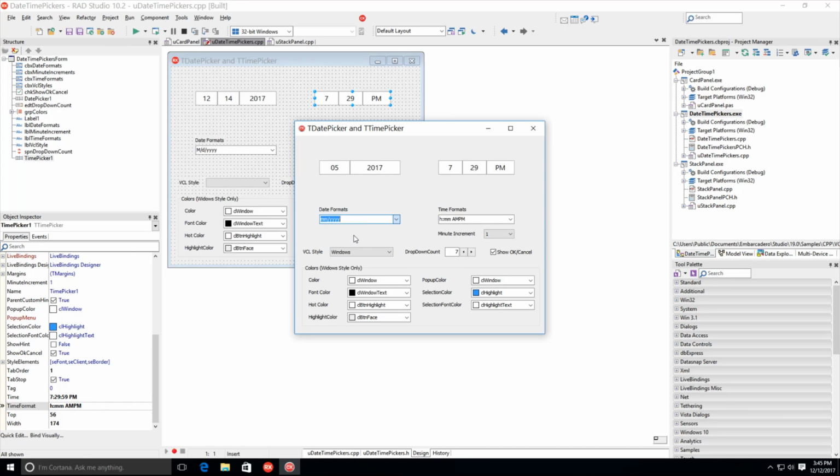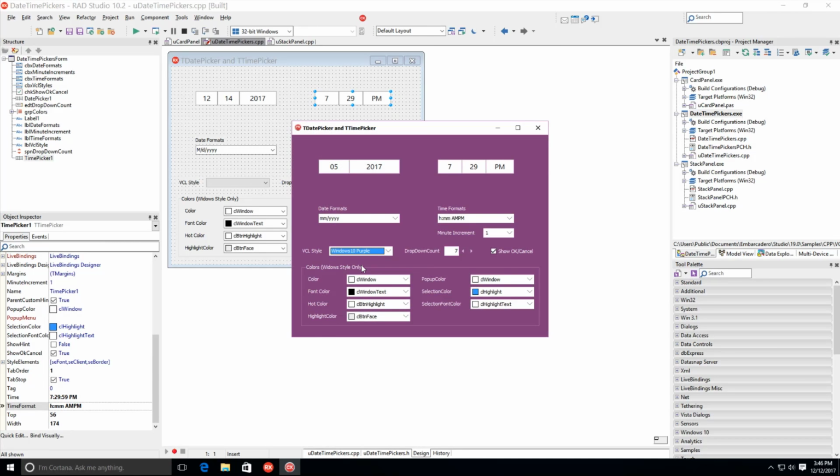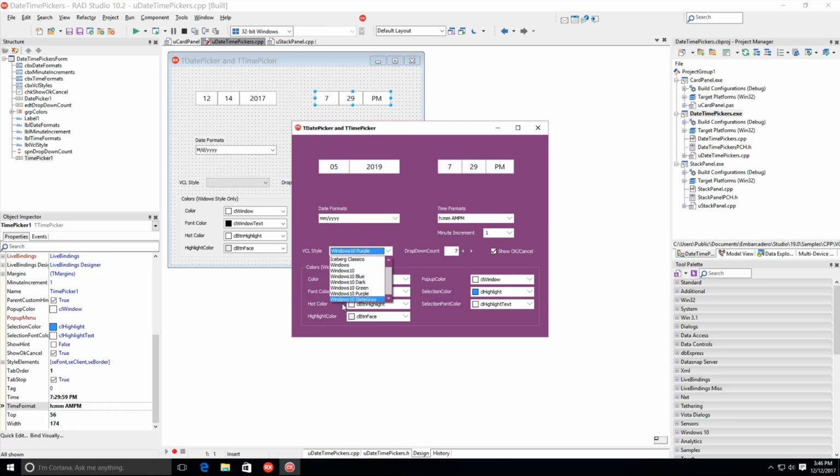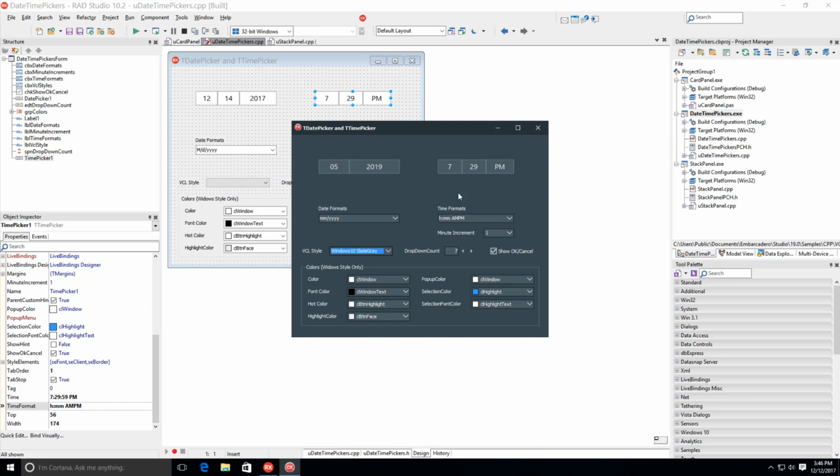them to your locale. For example, I can switch this to the Windows 10 purple style or the Windows 10 slate gray style. And you can see here that the date picker, and if I switch this to slate gray, for example, and the time picker automatically have the new VCL style applied, and they look really nice with the Windows 10 style. Again, see the show and cancel buttons, you can disable them, and in that case you could just hit enter, for example, to set your time, and then you can choose from a number of different